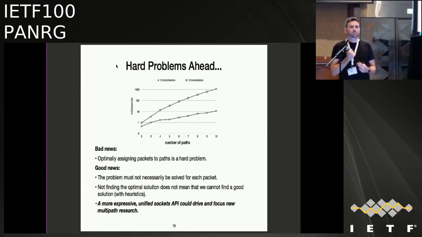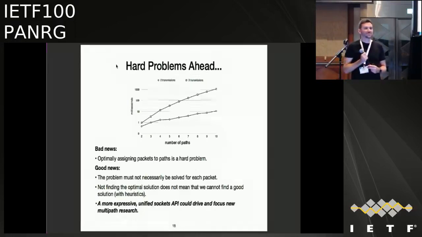Chair had other questions? Actually, let me get a show of hands. How many transport people in the room? Okay, so this was kind of review. Good. That's good feedback from the chairs. Cool, thanks. How many routing people in the room? All the way in the back. Okay, a couple up front. Good.